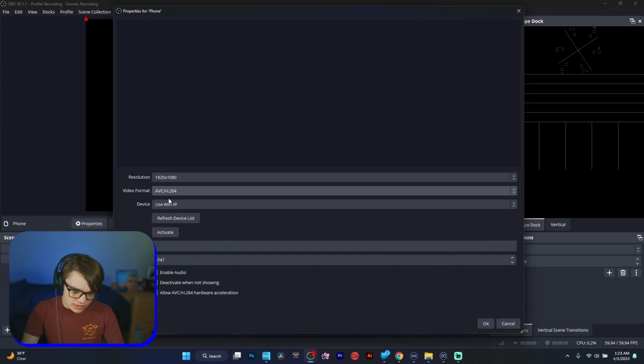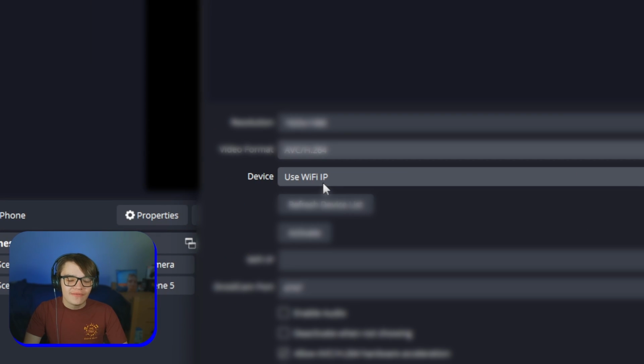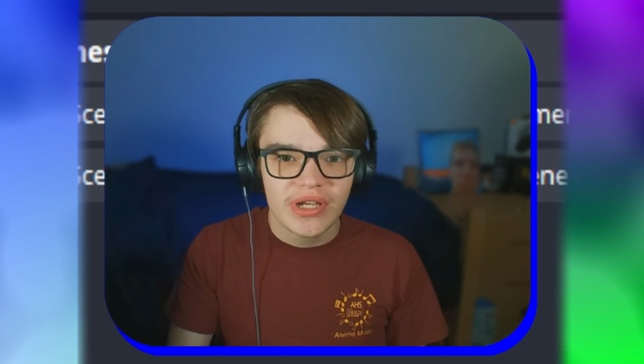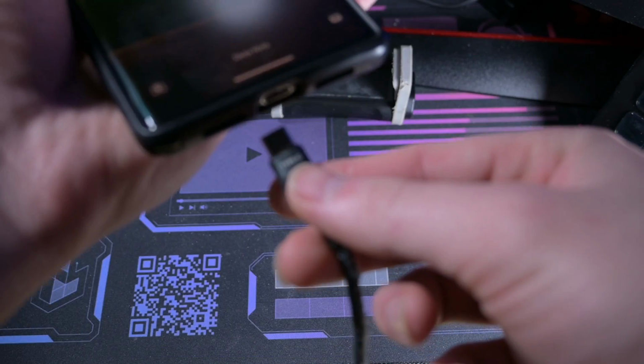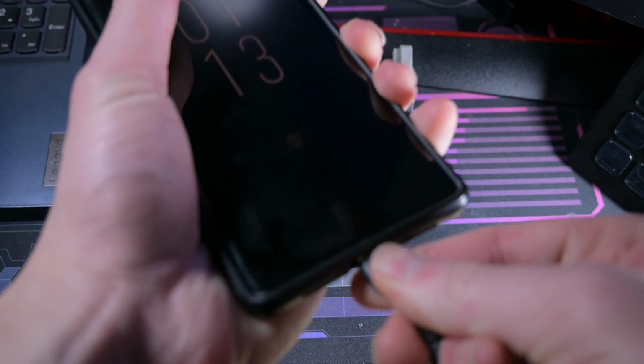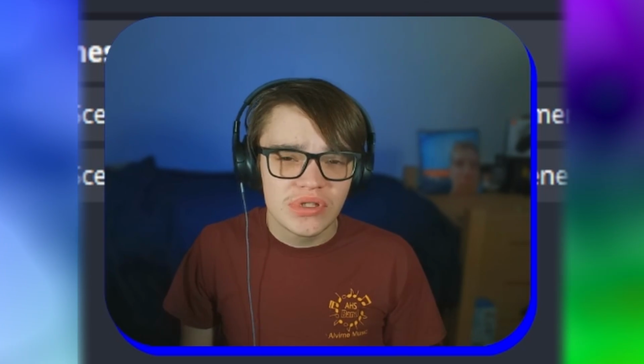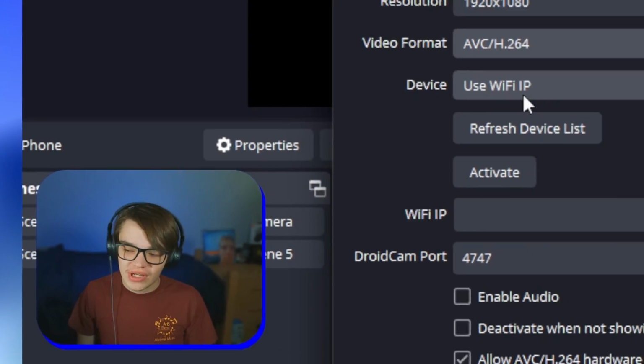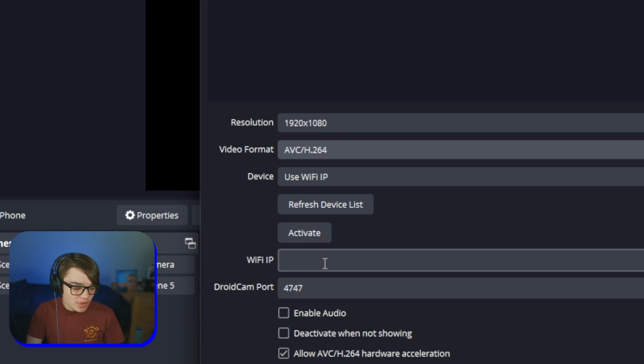Once you select that, you'll then see device. What's interesting is that with device, it says use Wi-Fi IP. That's because Webcam has 2 ways of connecting. You can either plug your phone into your computer, or you can simply use the Wi-Fi IP, which is what we're doing today. So first, we'll type in